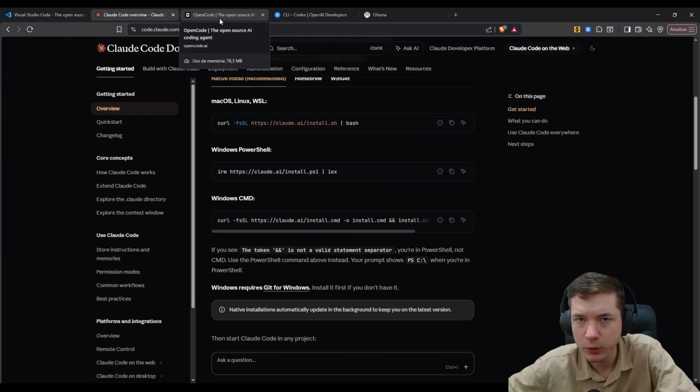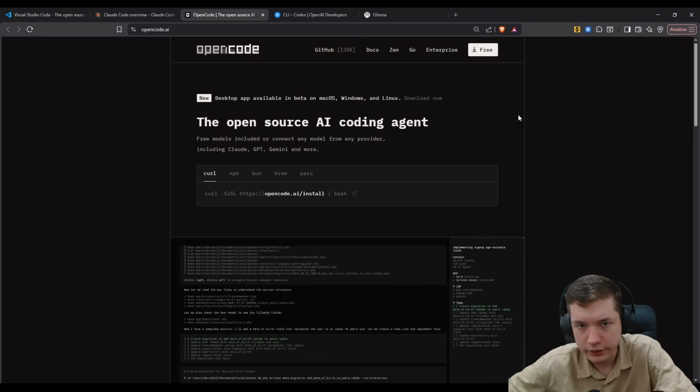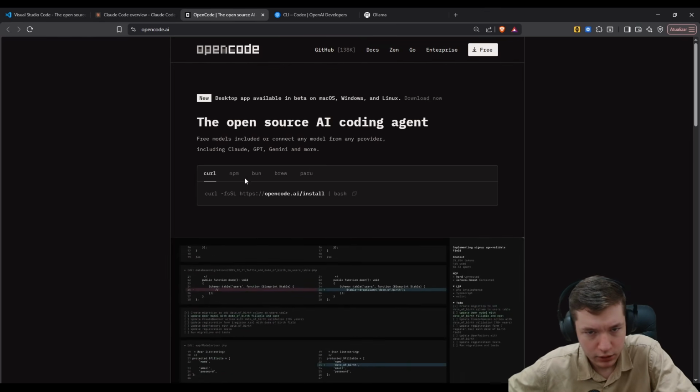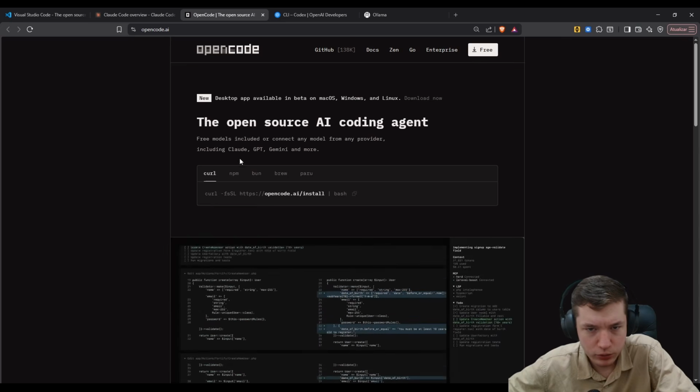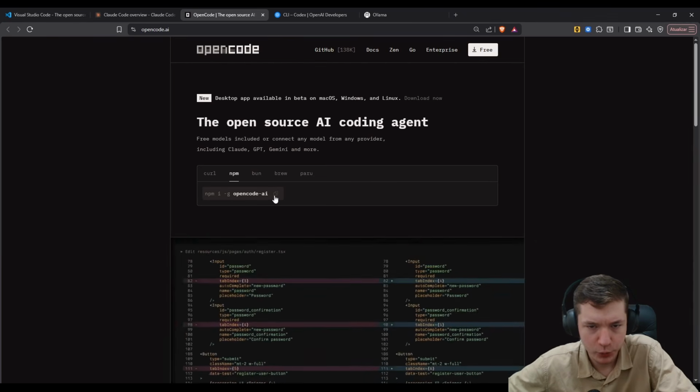But this is very straightforward. Just look up Git and Node.js and install them. You will download their installer and just install it. And right here we have Open Code, so we can run this on npm. So npm install -g opencode-ai,